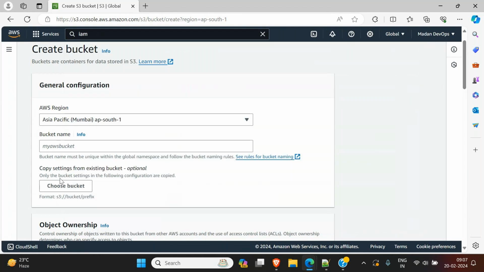So now give the bucket name. As you know, the bucket name should be all small letters, and if you read here, the bucket name must be unique within the global namespace and follow the bucket naming rules. So now I will say project 12, and hyphen, the date, February 20th. I will try to give some unique name. If you don't, for example, if you say my bucket only, then